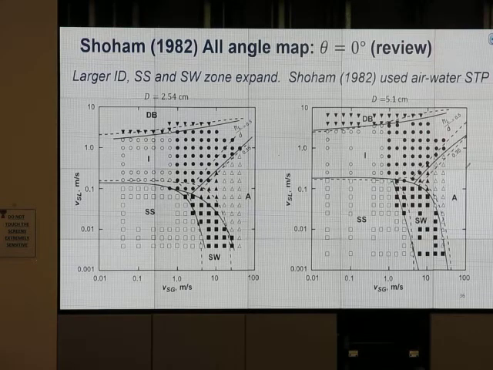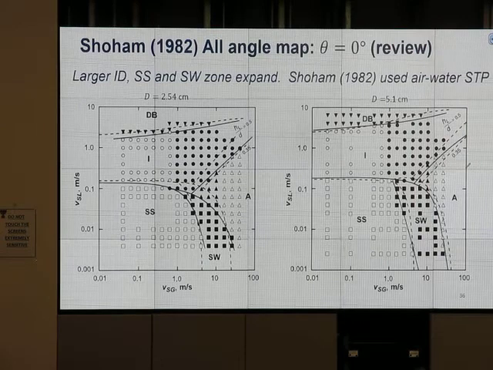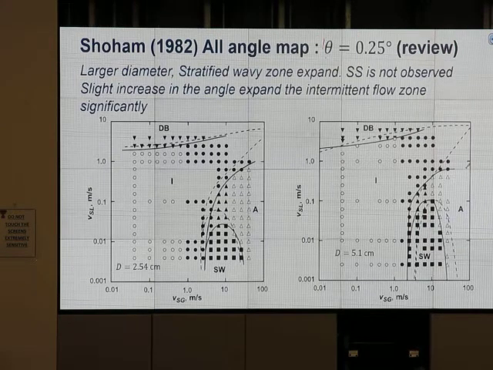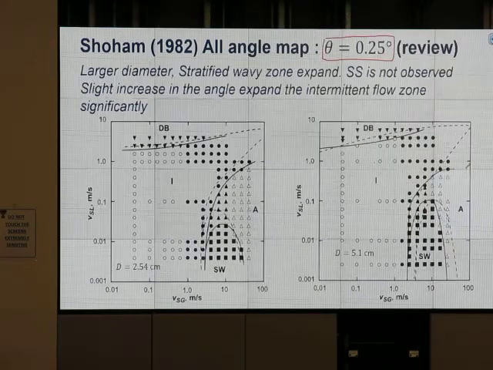Okay. Oh, look at this. Theta equal to 0, I change to theta equal to 0.25. Increase just a little bit. You see what happened? Intermittent flow regime expands a lot. So for slightly upward flow,